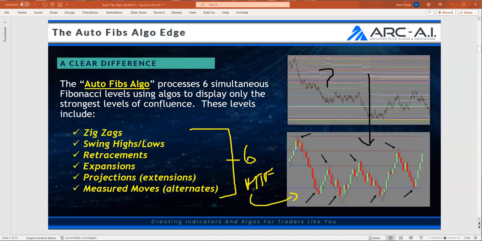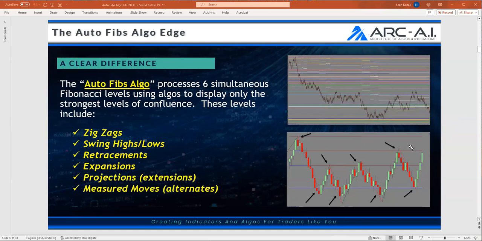So whenever you have a level on your chart, you need to think, I've got 6 levels of confluence lining up to make this a solid trade location. And this could be done from multi-time frames. So these levels could be pulled from a 5-minute chart, a 15-minute chart, a 60-minute chart. Can you imagine having 6 levels of Fibonacci pulled together on a 60-minute chart on your 1-minute entry chart? There's a reason the market stops on these areas. It's not some accident. It's a mathematical certainty, which is why I feel so strongly about doing this presentation.